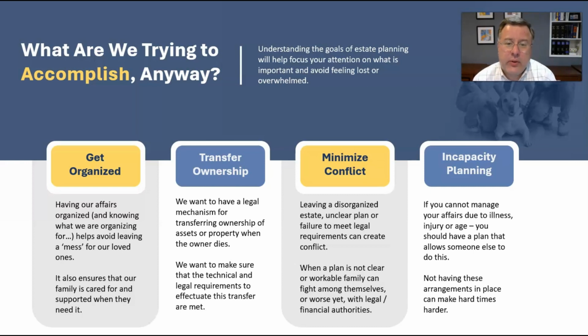The second thing that we do that is very important in estate planning is transferring ownership, right? So the idea here, if we break it down into very simple terms, is you own things. At some point, you pass away. Those things that you owned are going to be transferred to somebody else. And we're not talking about simple things, right? We're talking about things that are very significant, very complicated. So how a home gets owned and transferred, how retirement accounts get transferred.